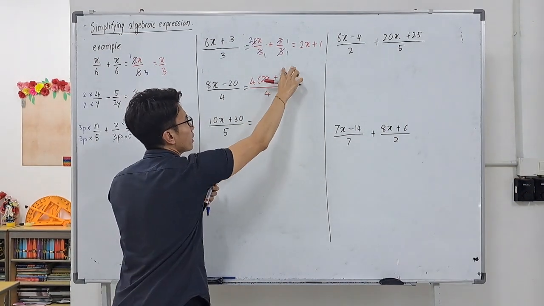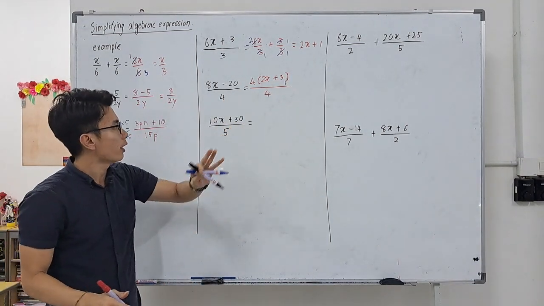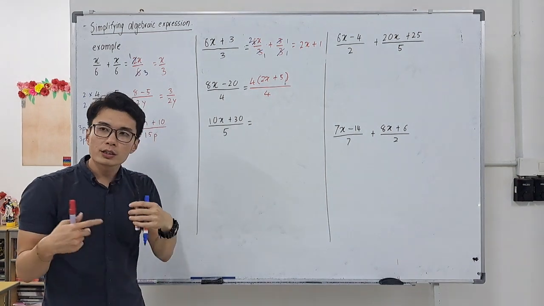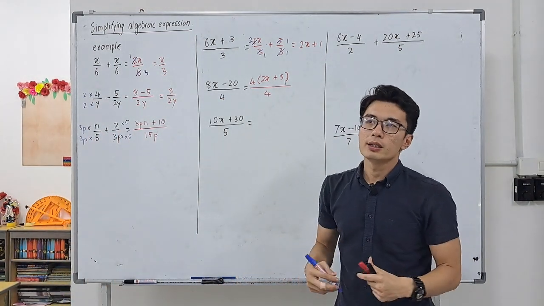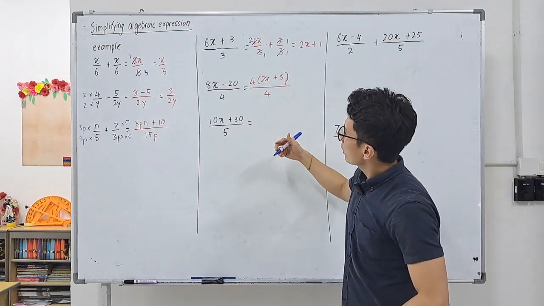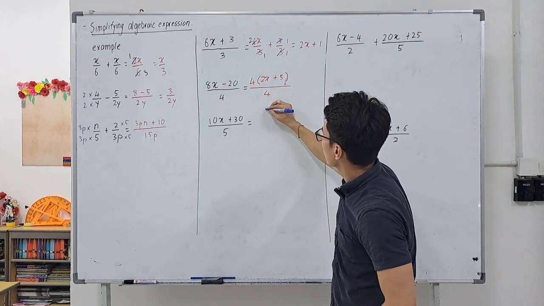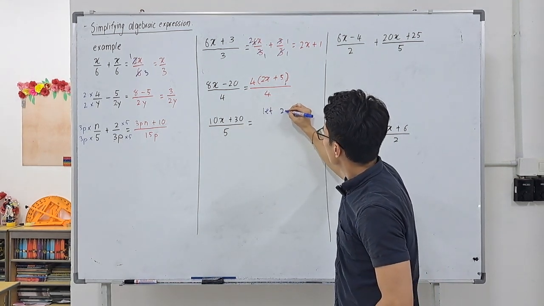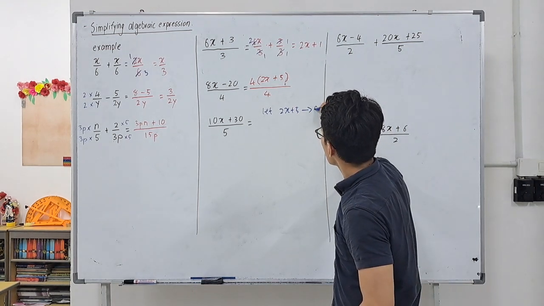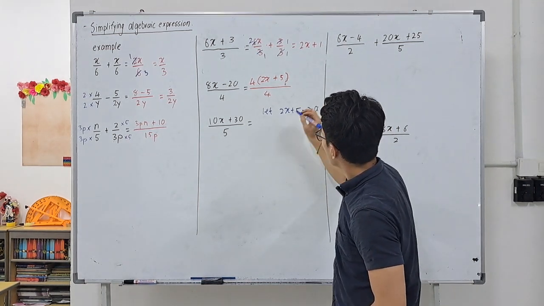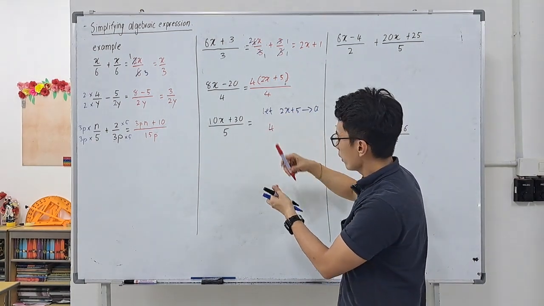Now what can I do over here right now? For those of you, if this is something new and you are not sure what to do with it, this is what I'm going to suggest. I'm going to use the "let" again. Let's ignore this question for a while first. I'm going to say, let 2x plus 5 become, let's just say, a. So I can rewrite this equation as 4a